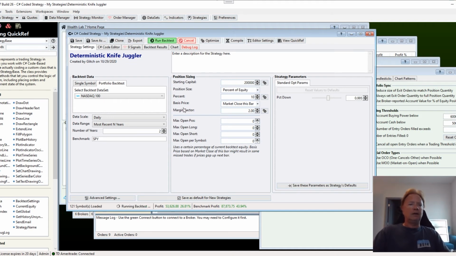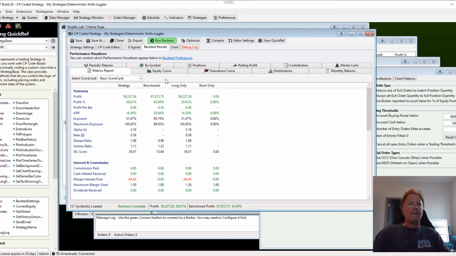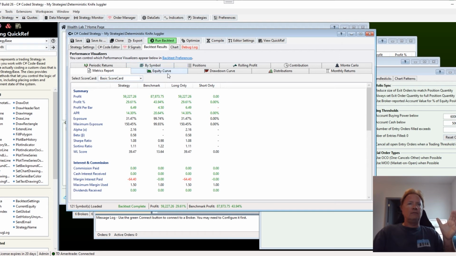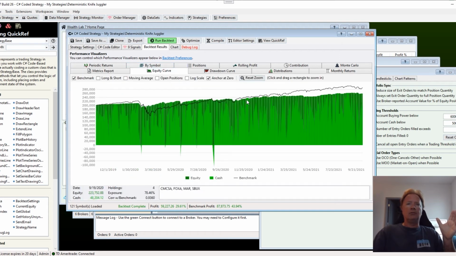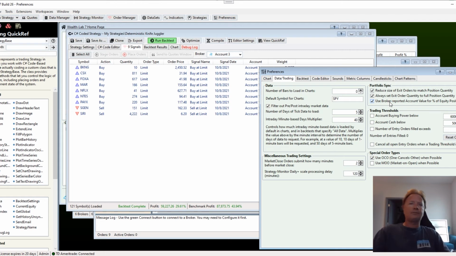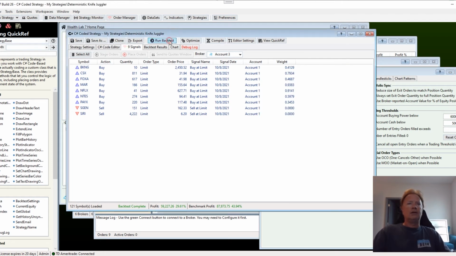So if I run this again, I now have signals where the quantity here is resolving to 10% of the equity. So my simulated equity here is used to determine the quantities for these buy orders. If I turn on this option and then I run the strategy again,